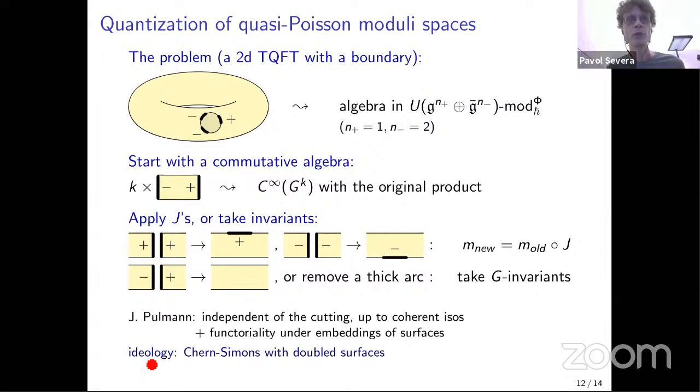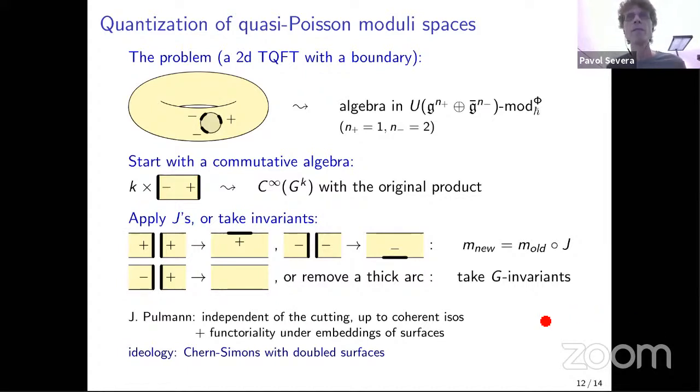And ideologically, how one should imagine it is that these thin parts of the boundary are kind of fake. So what one should do is double the surface and glue it along those thin parts of the boundary. And so in the end, we obtain a surface with simply boundary circles. So each time, for example, from this, we would obtain a cylinder, right? So this would be one circle, this would be another circle.